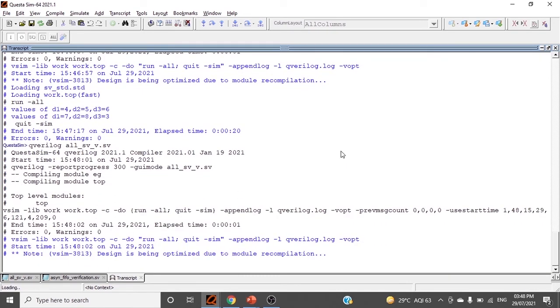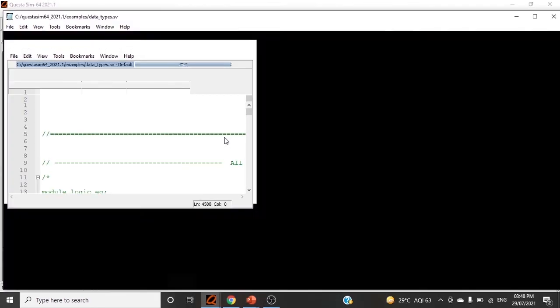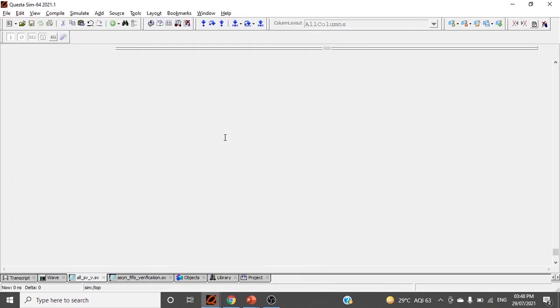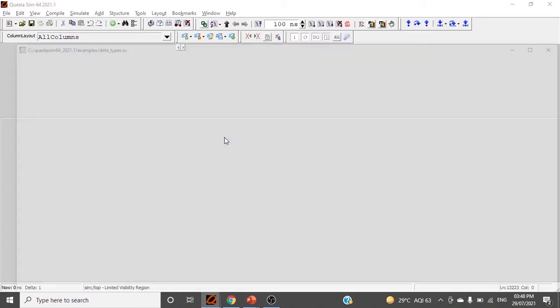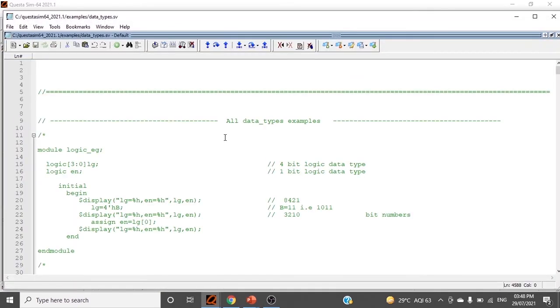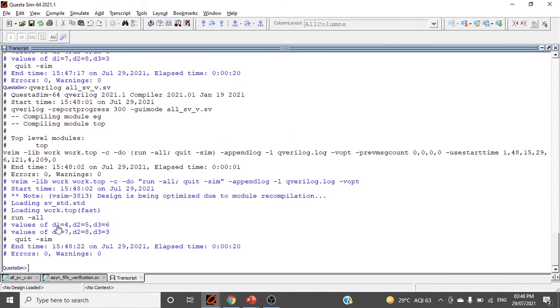After that the simulator will do the calculations automatically and we will get the output. Now see that 1, 2, 3 is overridden with 4, 5, 6 and 7, 8, and d3 is 3, default.